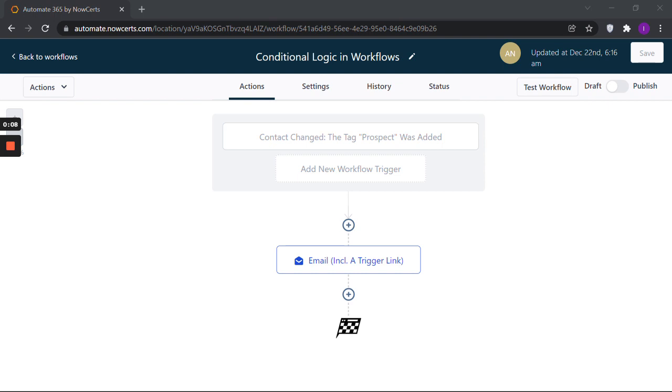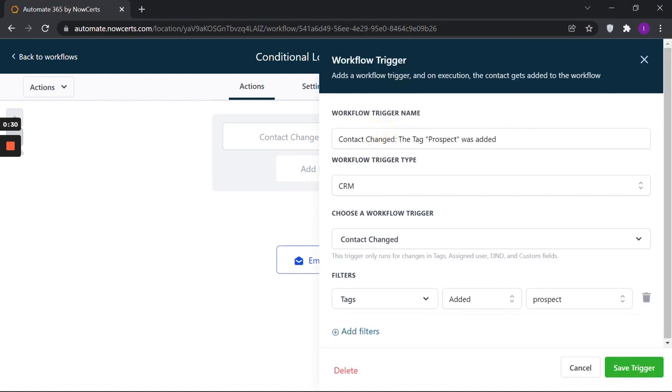In this video, I will focus on the use of logic in workflows. There is a specific action called if-else, and it is a very powerful way to add a conditional split into your workflow. I have already set up my workflow to fire upon adding the tag prospect,